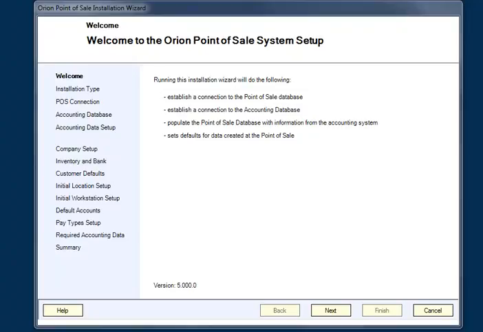In this example, we're going to set up a brand new remote location for remote polling in Orion point of sale. Having installed the point of sale software, the POS workstation, on a brand new computer that already has MS SQL installed on it, I start the management console,